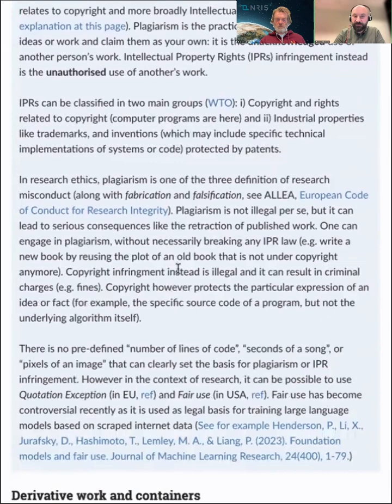Sometimes these two aspects are not clear, but both are important, because plagiarism from a research ethics perspective can end in misconduct, so your papers actually get retracted if you plagiarize somebody without acknowledgement. With software, maybe your paper will not be retracted if you break the license of some other code you have included in your software.